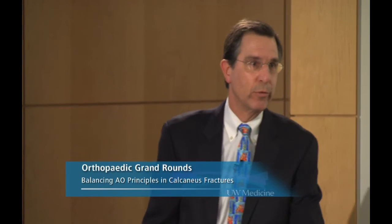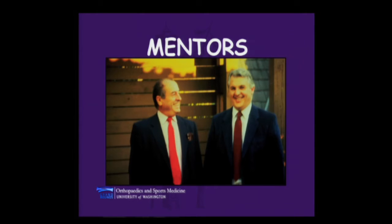I have to really always begin a discussion of this topic with a recognition of two of my mentors. Fortunately, one of them is here in this room. Ted Hansen really was one of the ones that spurred Bruce and I to explore this area. And the person on the left is Emile Letournel, who actually visited us in 1985 and had an interest in calcaneal fractures and showed us how he managed them at Harborview, and that's what spurred us on with our early